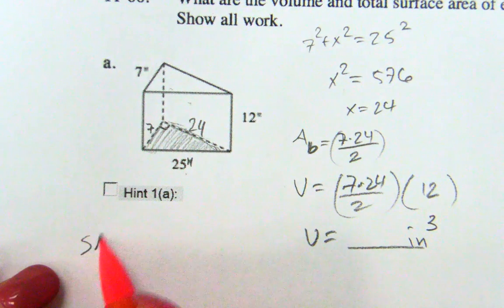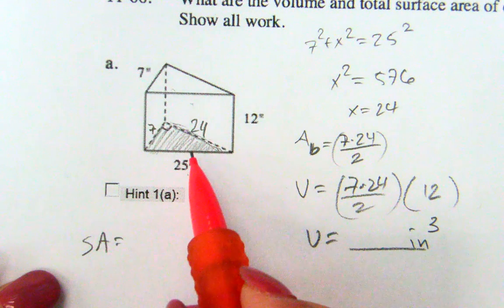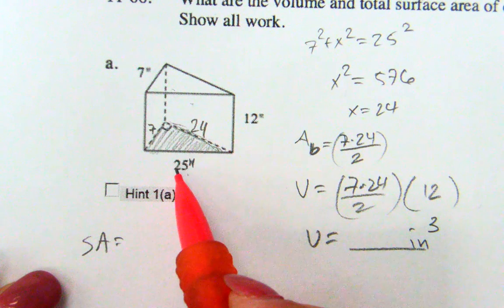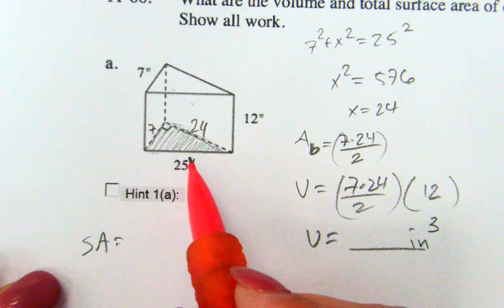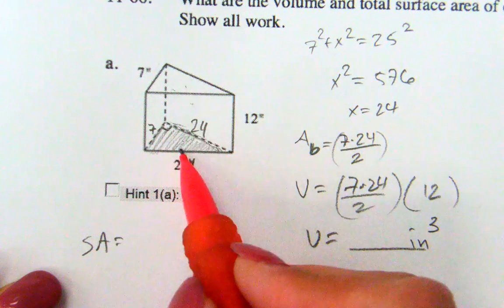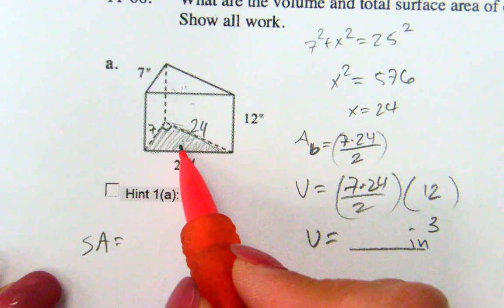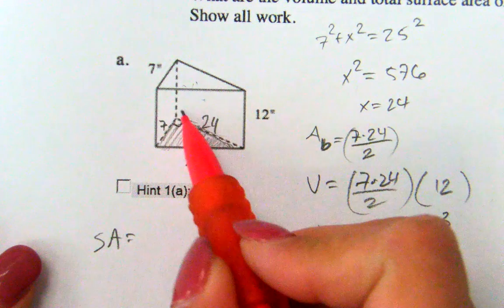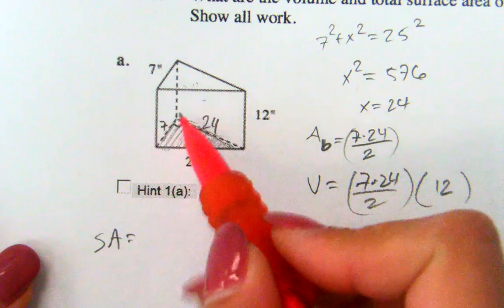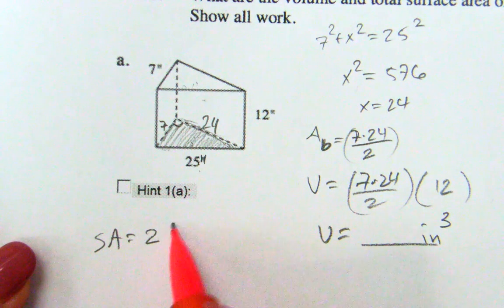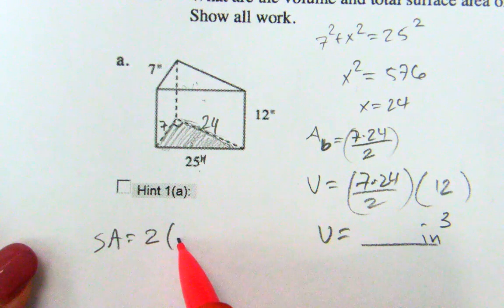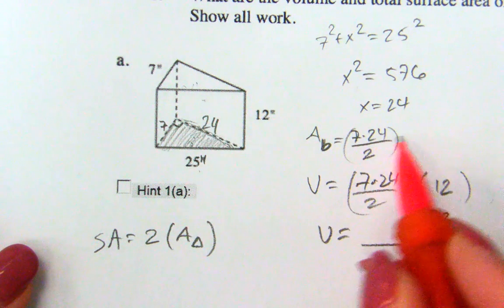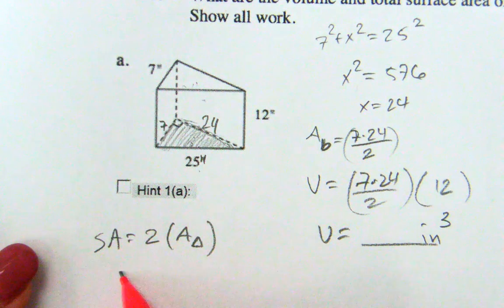Okay, surface area is, if I take this and I open it up, I'm going to have 2 triangle pieces plus, okay, this is going to be a little weird though, plus the area of the front side, the back side, and the other back side. So 2 triangle pieces. Surface area is going to be 2 of the area of the triangles, right? And it's pretty much whatever you find for the area of the base. Plus